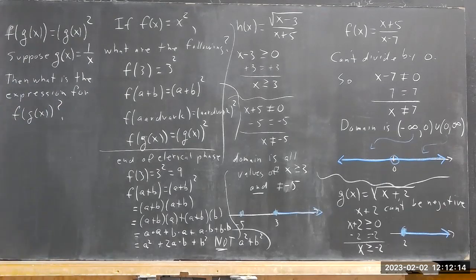Write down what you think it might be. Okay. So the question is, if g of x equals 1 over x, what's the expression for f of g of x? Well, we could write again